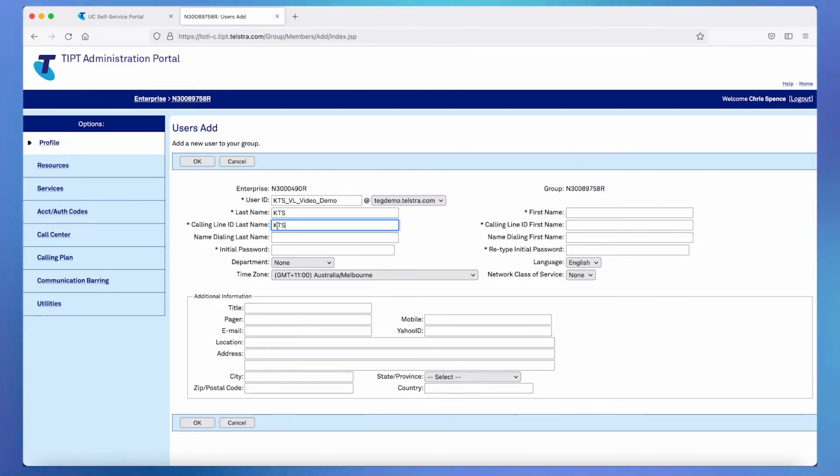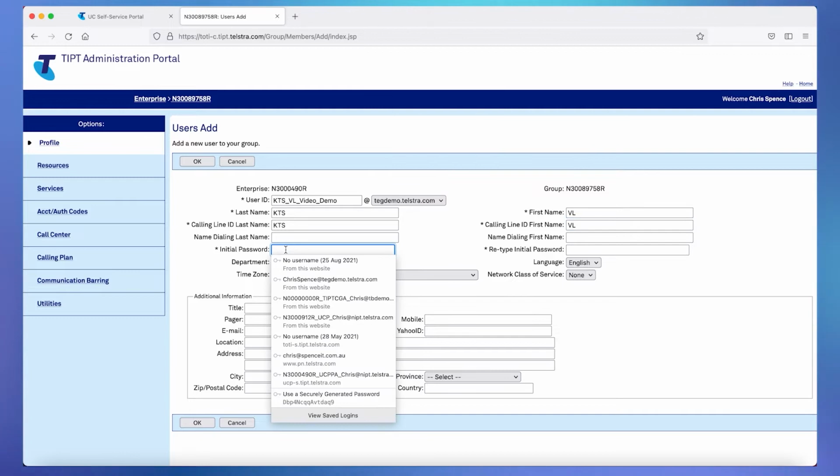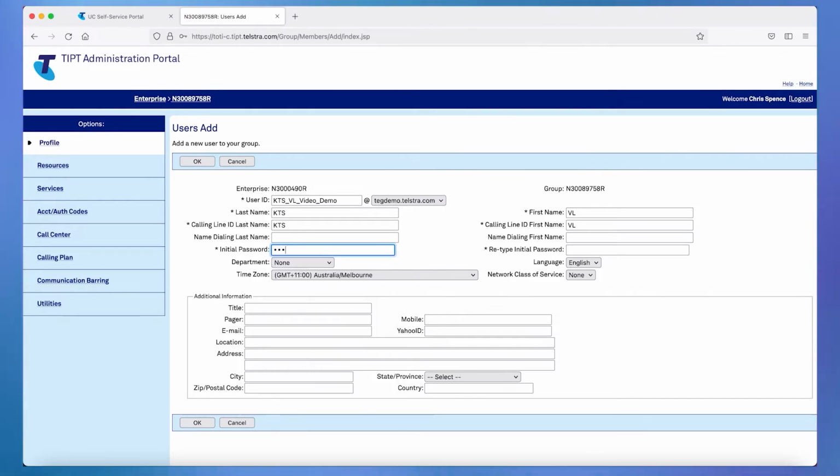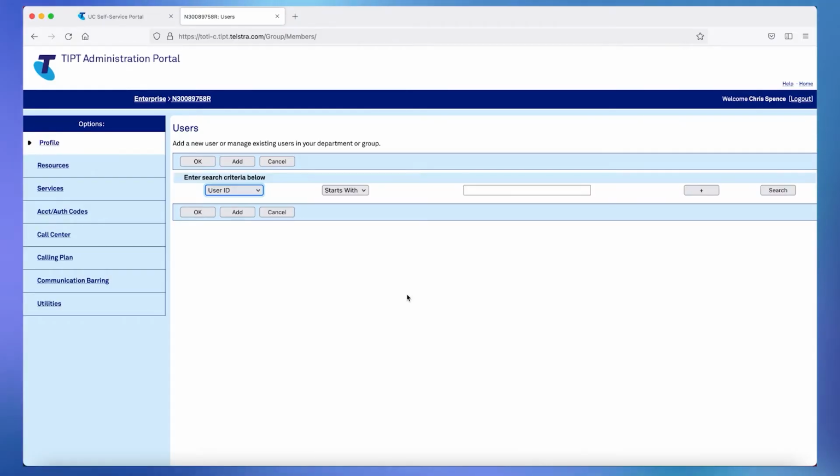What would you normally put in here? Oftentimes it would be the user's first name and last name, so the person setting it up, for their use. So we'll go to the first name here, VL. And you can see that it's added the first bits and pieces there for us, and the initial password. Now, in this particular example, we're going to put a password in, but because it's a virtual line, you'd never actually log a device in on it. All right, so I've added the information that we need there, and I'm going to click on OK, and there it is. So it's added it.